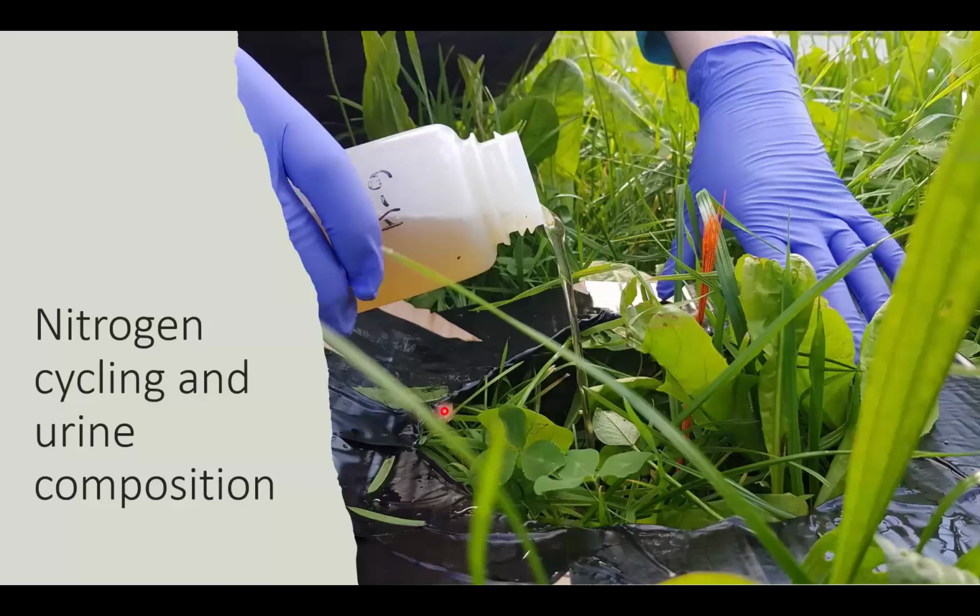So the next thing we looked at was the nitrogen cycling and urine composition. And this is a nice bottle of the herbal ley urine that we collected. We applied this into a fake urine patch to measure differences in soil biogeochemistry, so soil pH, nitrogen cycling, and carbon cycling. And we also went a bit further and measured the actual chemistry of the urine, because the idea was that if they're grazing this lovely plantain leaf here, as well as some chicory there at the back,